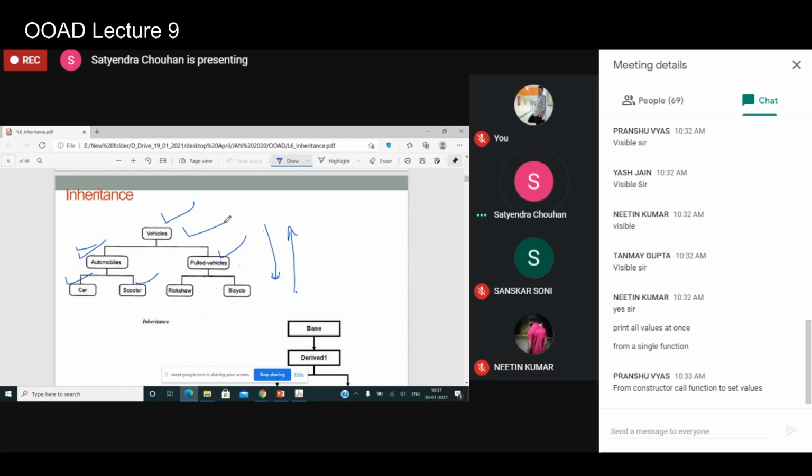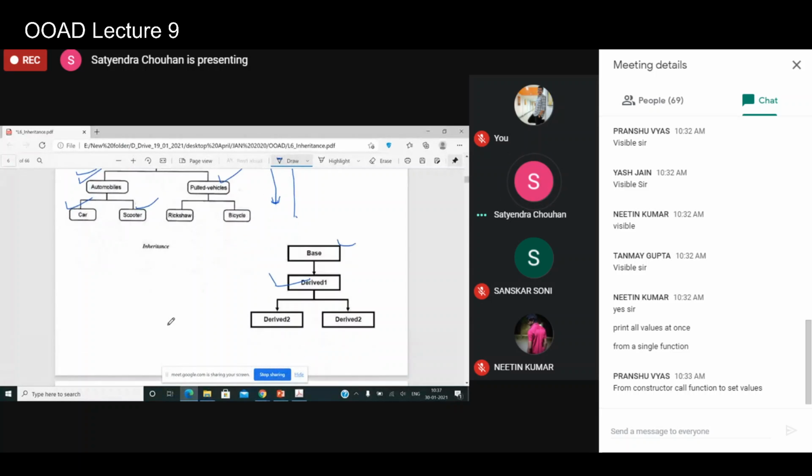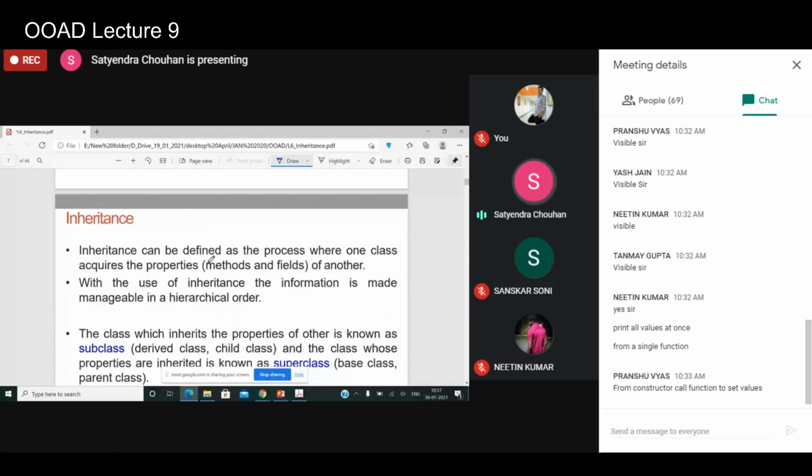The parent class is usually called base class, and child classes are normally known as derived classes. Where one class acquires the properties of another is called inheritance, and we do it for efficient code reusability.